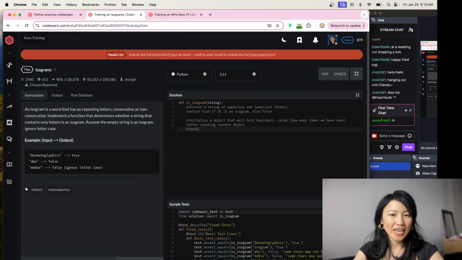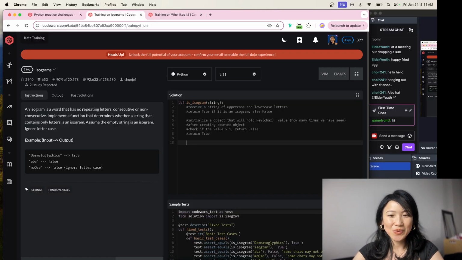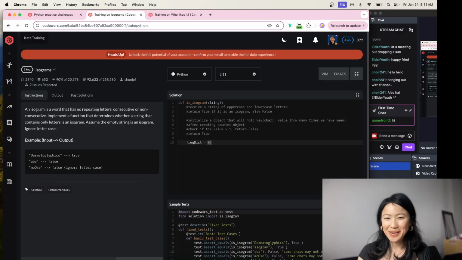After creating it, check if the value is greater than 1, then we're going to return false. Else, we'll go ahead and return true. I always want to say let object, but that's JavaScript. Let's do a frequency object. Well, in Python we call it a dictionary, so I want to make sure I use the correct verbiage. So we call a dictionary, and then we're going to go ahead and say that